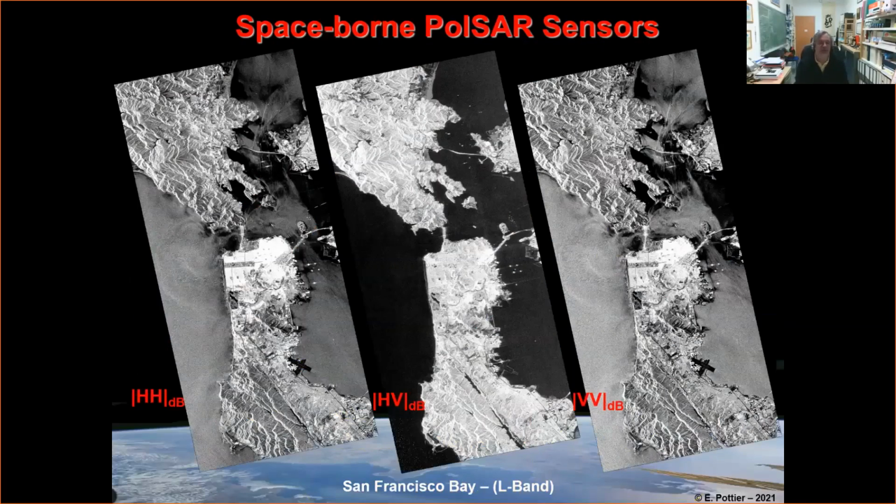And so like that, you can have access to these three images: HH, HV, and VV. So here you have all the information. You can say to me, VH is missing. Yes, okay. But Maxwell told us that there is what we call the reciprocity theorem. It means that if I transmit horizontal and receive vertical, it is exactly the same thing as if I transmit vertical and receive horizontal. So this is why reciprocity means that HV equals VH.